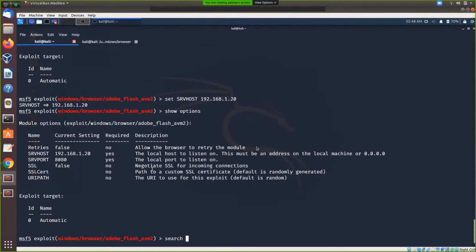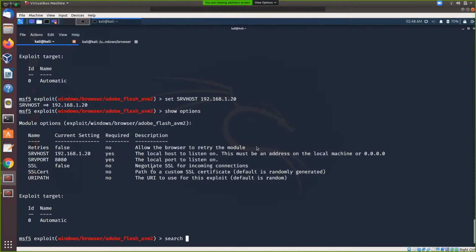Then you add the type of module you want to search, like exploit or payload or auxiliary, etc. And name, if it has a specific name, then you can add your name too.